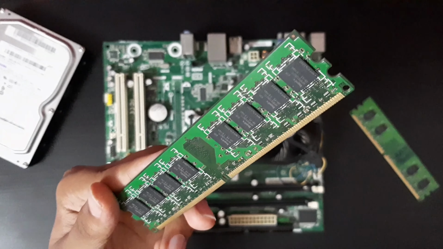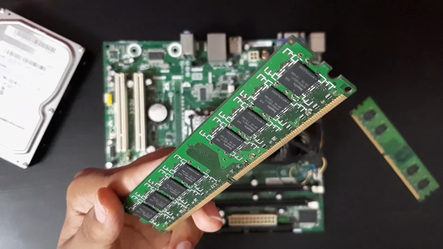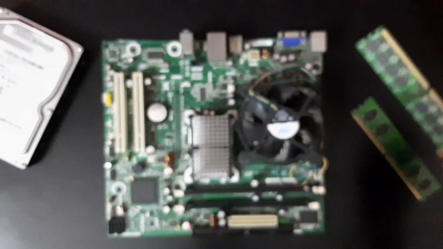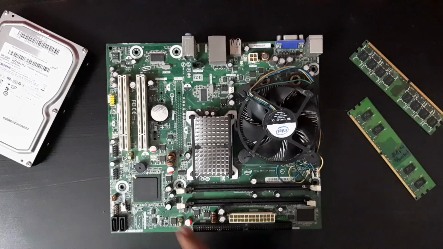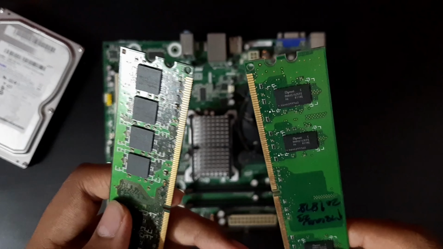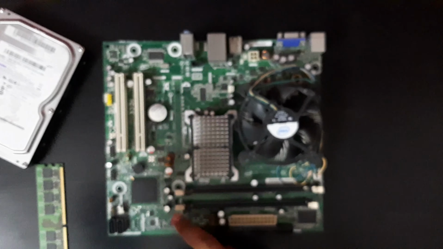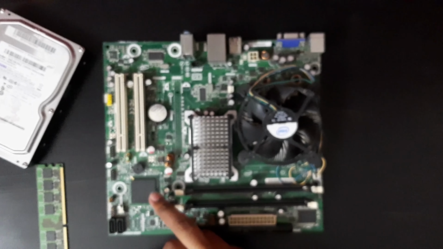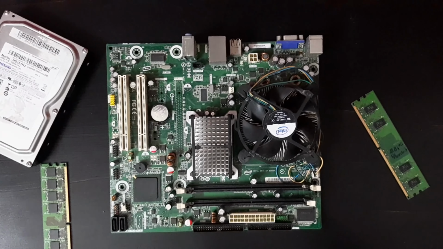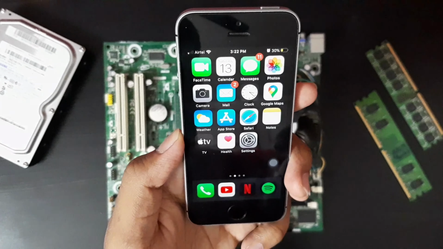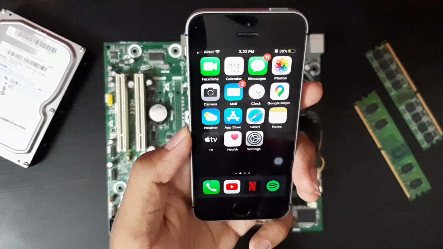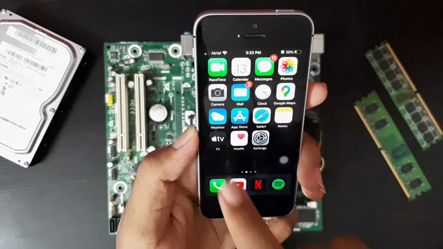Most of you guys think that the speed depends upon the amount of RAM in the system. No, it's not like that. The amount of RAM depends on the processor we use. If you have even 20 GB of RAM and an old processor in the system, then that's useless. Your applications would usually open slowly. But when you have the best processor and even a bit less RAM, the apps would open much quicker.